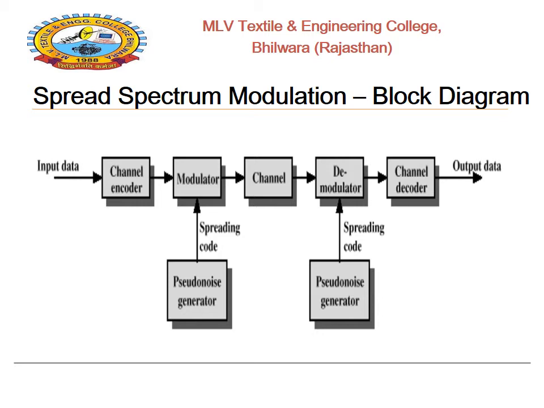The basic advantage of spread spectrum modulation is that when the bandwidth is higher, meaning the channel size is larger, a large number of signals can easily be transmitted. The main advantage is the bit rate, the number of bits per second. The larger the bandwidth, the more bits can be transmitted, so ultimately the bit rate increases by using spread spectrum modulation techniques.